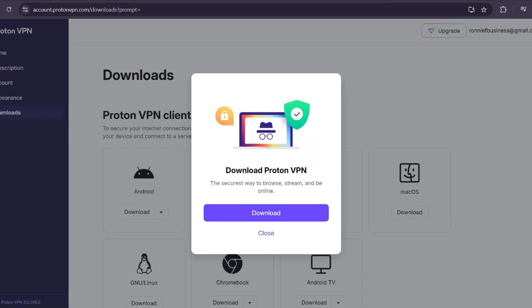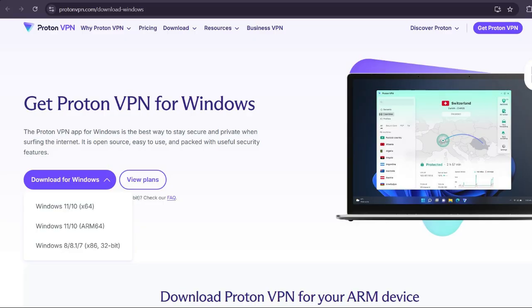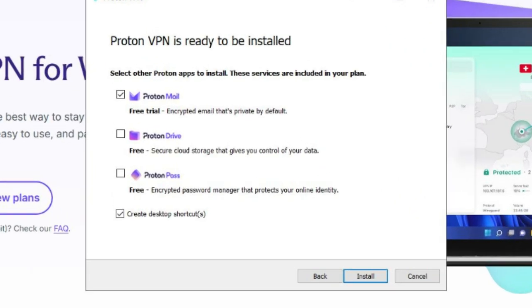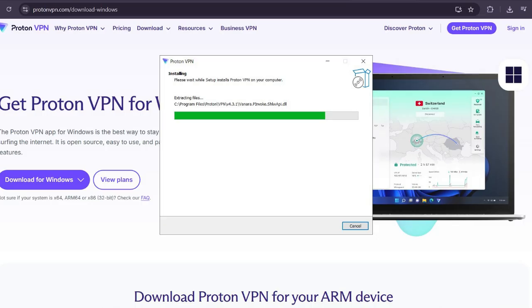Next, you can easily download it for your PC, choose your device, and it will start downloading. Once done, open the installer, and here you can choose what Proton software you want to download. For example, the Proton Mail, Drive, or Pass, so you can select as per need. But for this, we're going to select Mail, then click on Install, wait for it to install, and then open